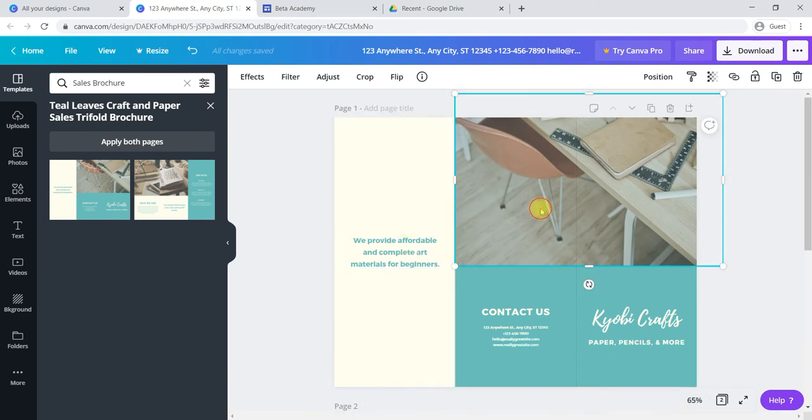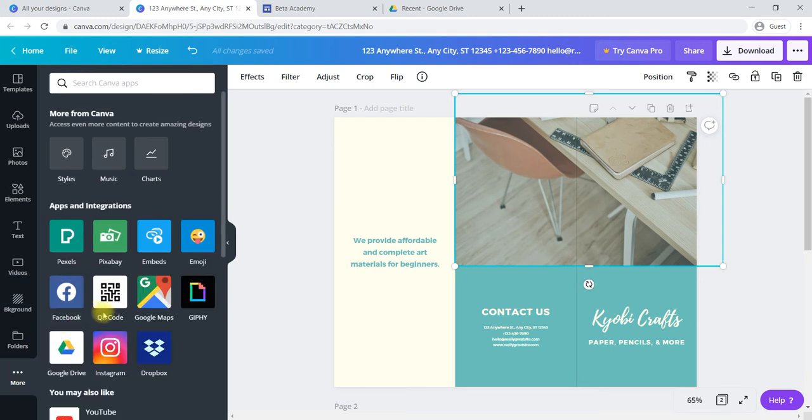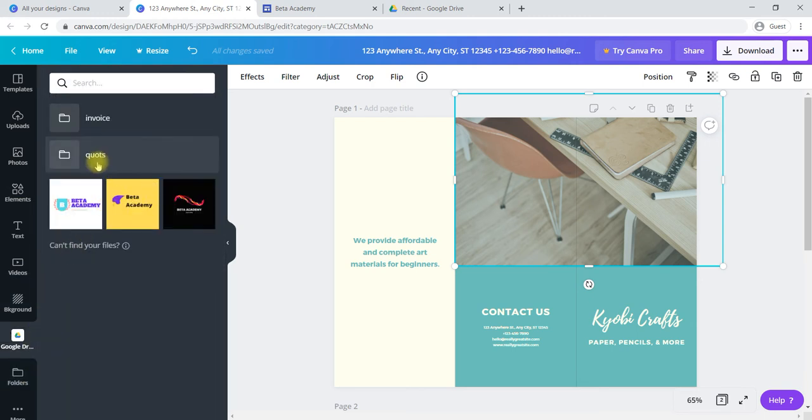If you have a specific image stored in Google Drive, it will be shown in Uploads, or here in More options, Google Drive. You can utilize those images for your brochure also.